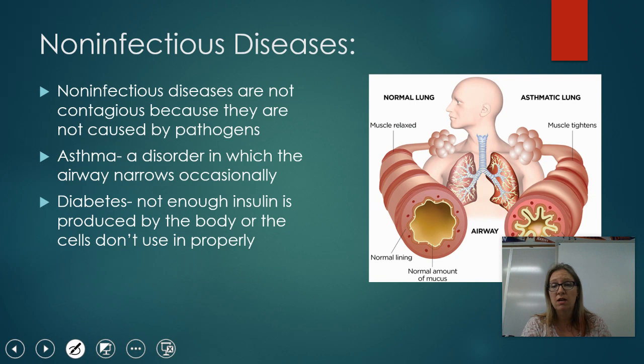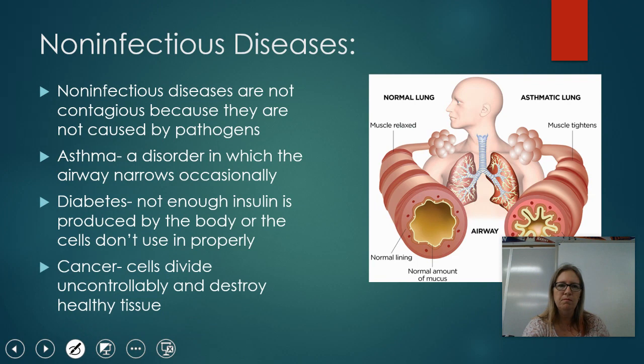Diabetes is also a non-infectious disease. It's not contagious. And there's a couple of different types, but either your body isn't producing the insulin it needs, or the body is unable to use the insulin properly. Remember, insulin is kind of the key that opens the cells to the glucose. So either it's not being produced in an amount that's adequate enough, or your body's not able to use it, okay? Cancer is a non-infectious disease. We've talked about cancer before. That's when those cells are dividing abnormally and continually, and it starts to interfere with the healthy tissue working properly.